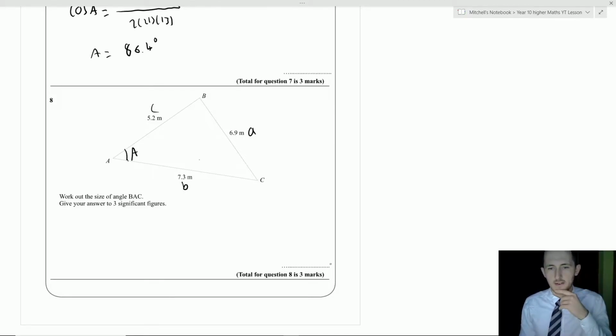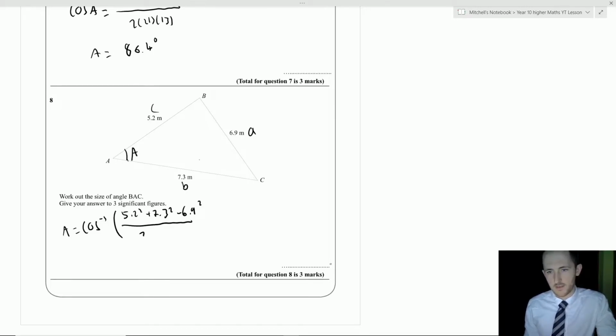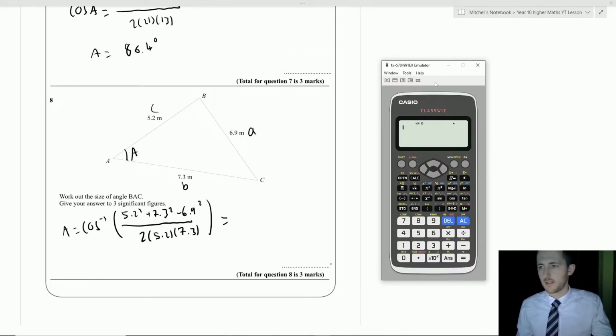And again, work out the size of the angle. So A is equal to, again, I'm going to write it as the inverse cos way just for the people that are doing it that way. The two sides that are adjacent to it, so 5.2 squared plus 7.3 squared minus 6.9 squared, all over 2, and then again times the adjacent sides, 7.3, all done, and all we have to do is type that whole thing in. So on the bottom we have 7.3, 5.2. On top we have